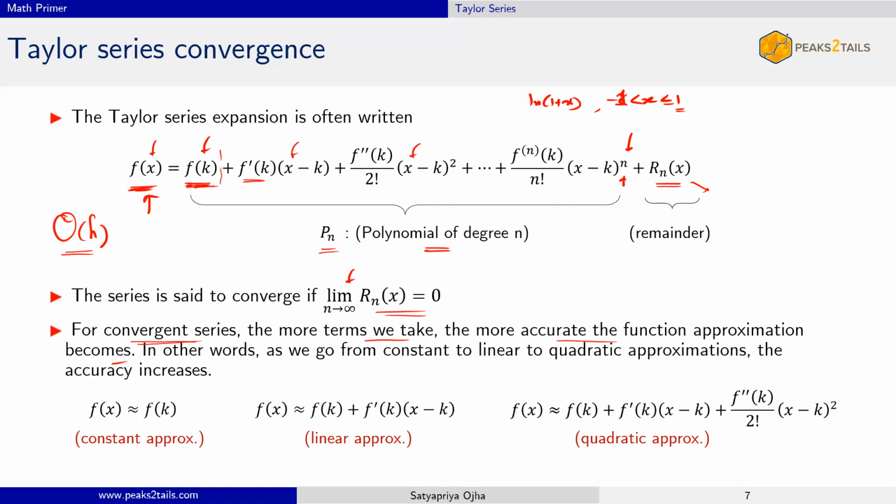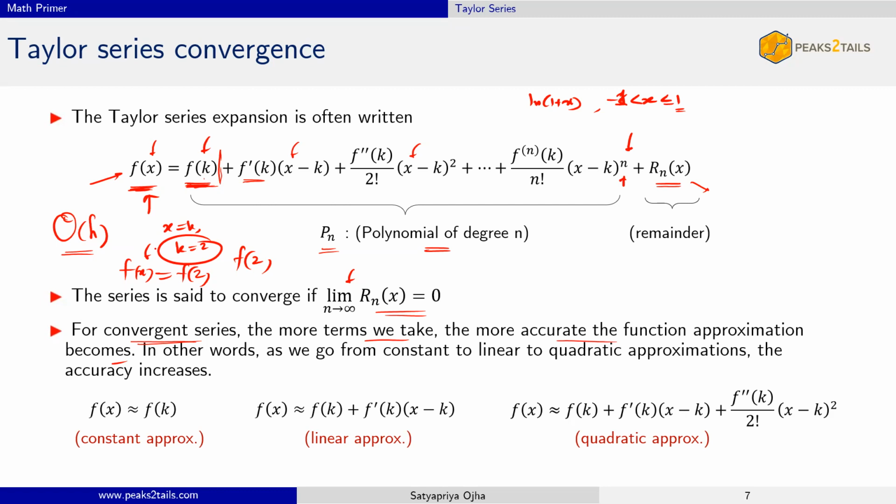That sounds ridiculous. How are you saying that? I mean, this will change, right? If you change x, f of x should change. But I'm saying, no, it is always f of k. So you fix k. So you expand this series around x equal to k. Let's say k equal to 2, for example. So the first term would be f of 2. I'm saying f of x equal to f of 2. If I only take the first term, it will be f of x equal to f of 2, which is ridiculous. That means you're saying f of 5 equal to f of 2, f of 3 equal to f of 2, f of minus 16 equal to f of 2,